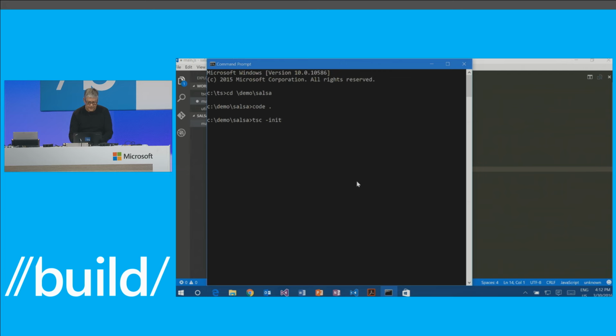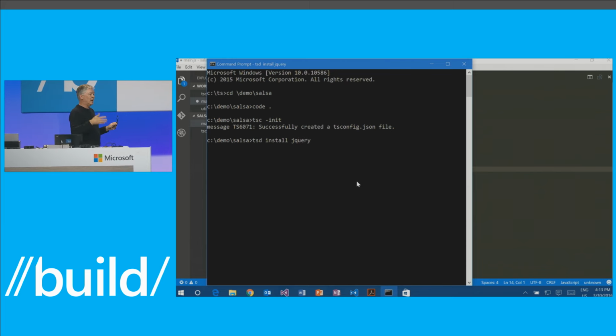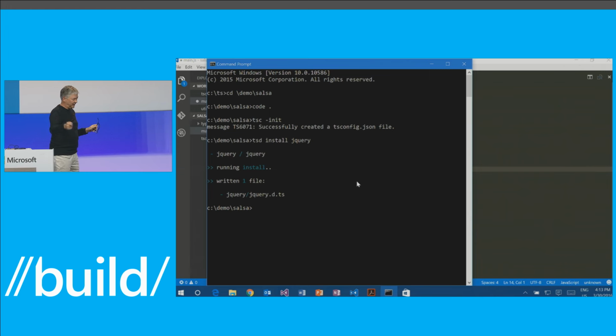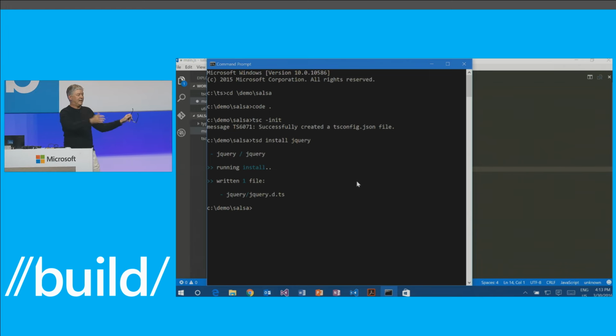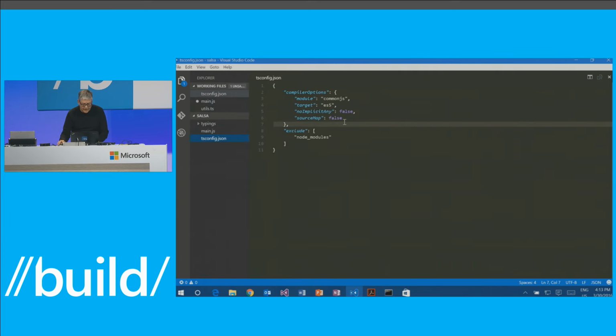So what I can do in this project is just create a tsconfig file, and then I can use tsd to install the jQuery type information. TSD is this tool that allows you to install declaration files from DefinitelyTyped. And so that went out, got that declaration file, sucked it into a directory called typings, and now I can go in, I can modify my tsconfig file, and all I gotta do is say allowJs: true, save, and go